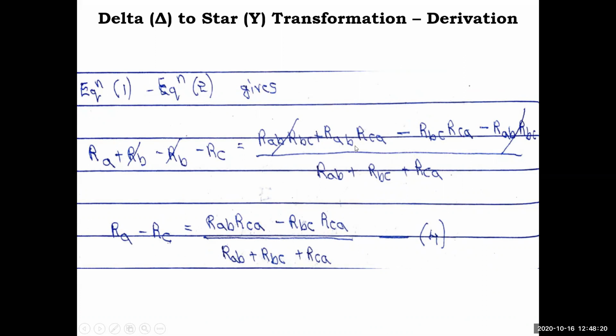So what is remaining here: RAB RCA minus RBC RCA. Okay, so this is the new set of equations I got. In that, what is common? RCA is common, but I have not taken the common, because anyhow when doing addition we need to split again. That's why I kept it as it is. So you got a new equation now, name it equation 4. Its format now has one minus sign: RA minus RC. You got equation 4.